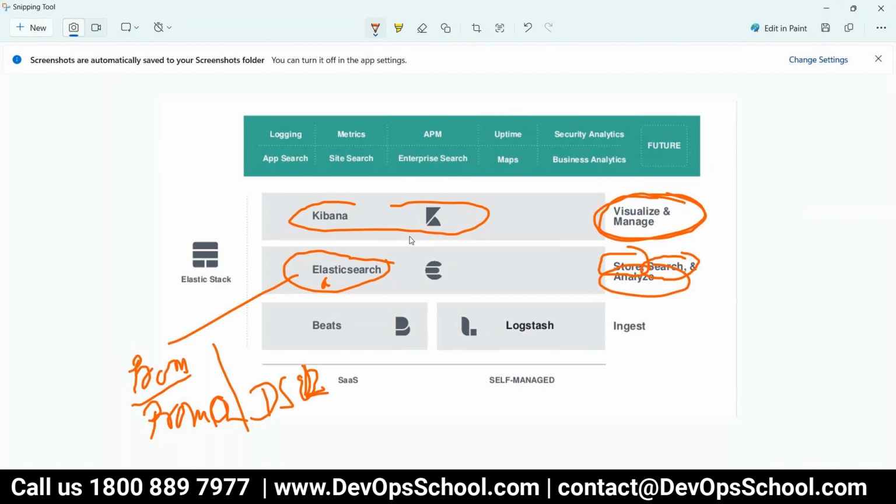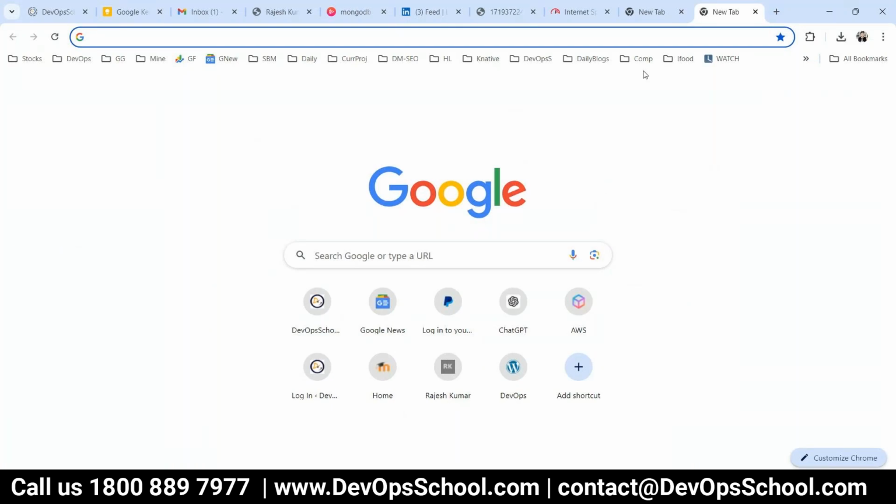So this is the dashboard. Now the question is, who will send the data to Elasticsearch? If you remember, with Prometheus, an exporter was enabled and then the pull would happen. But here it's not a pull-based mechanism, it's a push-based mechanism. So we have Beats here. Typically we call it Beats, but in a simple way we can call it an agent. Okay, now I want to show you the number of Elastic Beats,